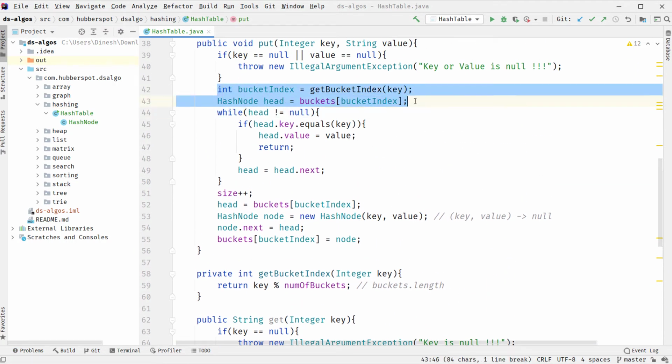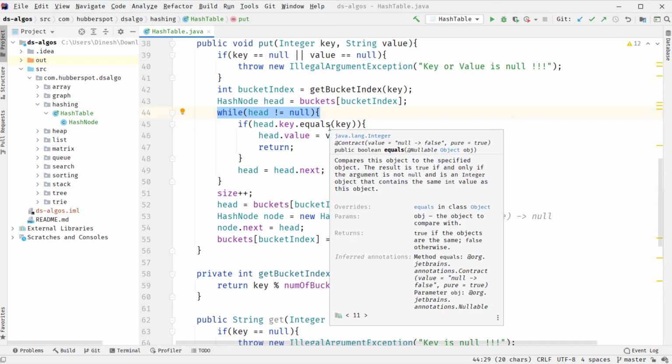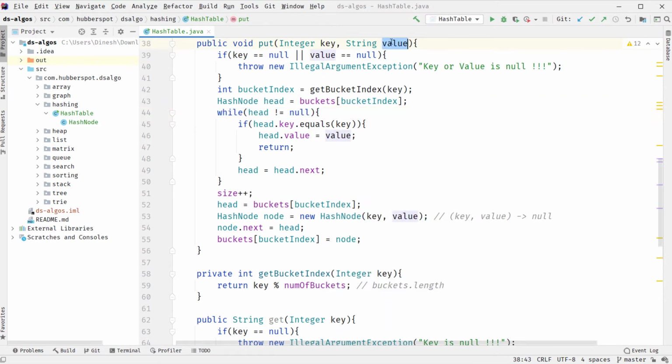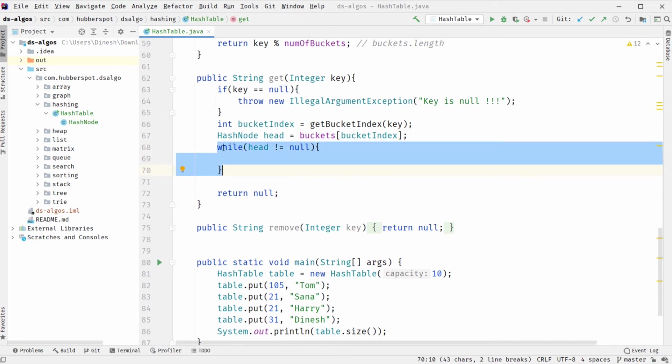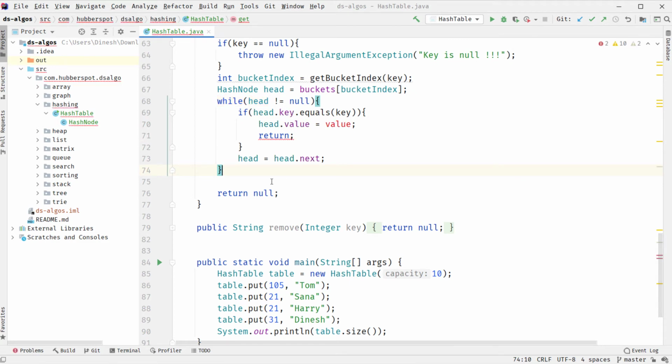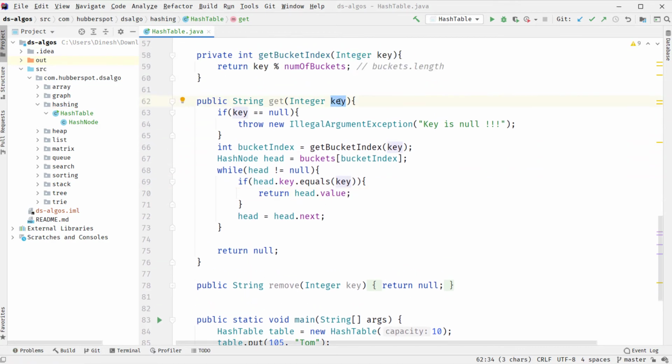So friends, here you can see this is exactly what we did in put, and also we provided a while loop where we were simply searching for that key, and if the key was found we were simply updating its value. So here I will simply copy this and paste it here. So the only change we make here is, if we find our key, then we simply return head.value, because we wanted the value associated with this key.